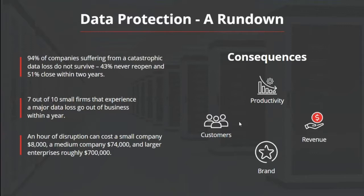So 94% of companies suffering from a data loss do not survive, and 43% never open. Here you can see 7 out of 10 small businesses face a data loss every year. So these data losses can cost a lot to your business. So despite the occurrences of the above mentioned scenarios, your critical data needs to be available to